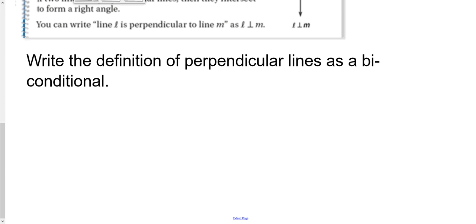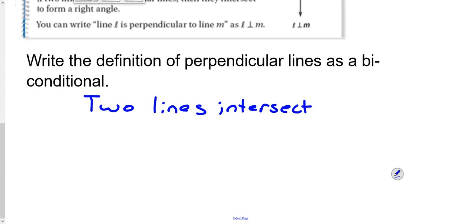Writing our definition of perpendicular lines as a biconditional. So two lines intersect to form a right angle if and only if